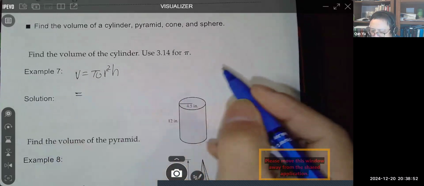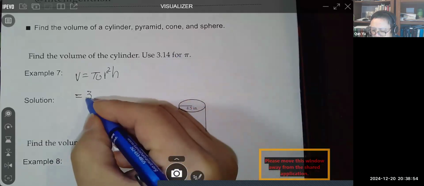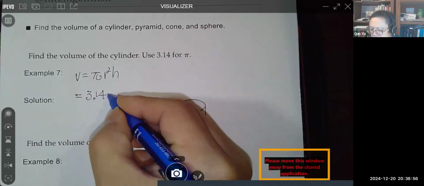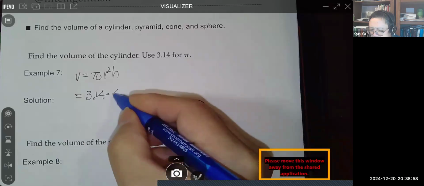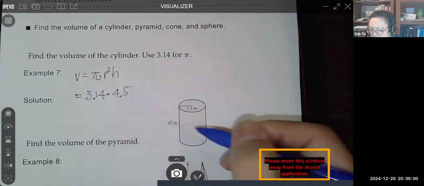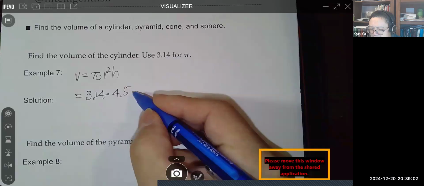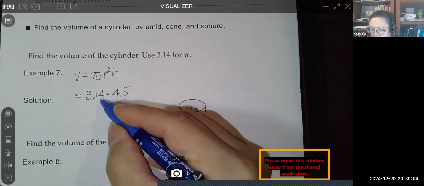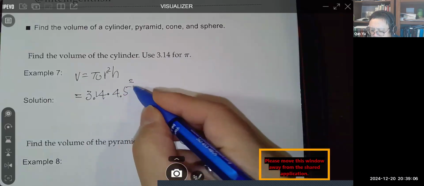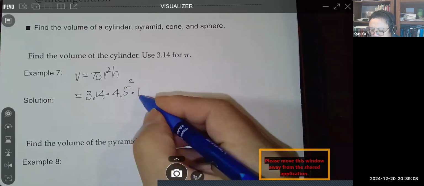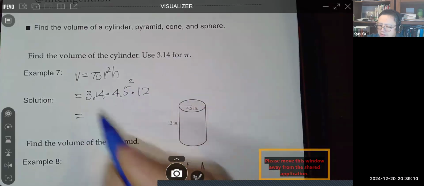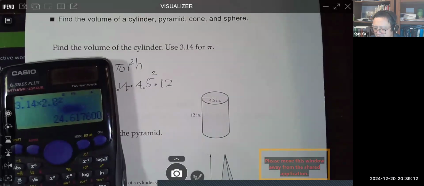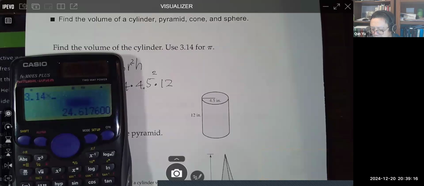So use 3.14 for pi again. Radius is given, that's 4.5. Just make sure they all have the same unit. Pi r squared times height. Height is 12. Now again, I do the whole thing in one step. 3.14 times 4.5 squared times